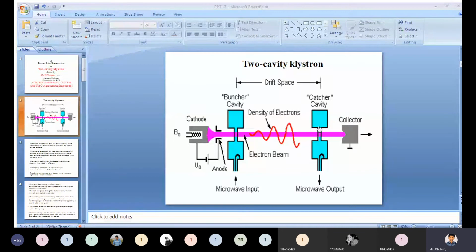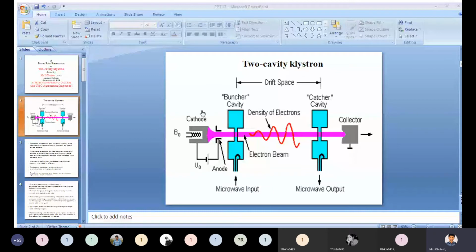Each bunch of electrons passes between the grids at a point in the cycle when the exit grid is negative with respect to the entrance grid, so that the electric field in the cavity between the grids opposes the electron motion. The electrons thus do work on the electric field and are decelerated. Their kinetic energy is converted to electric potential energy, increasing the amplitude of the oscillating electric field in the cavity. Thus the oscillating field in the catcher cavity is an amplified copy of the signal applied to the buncher cavity.